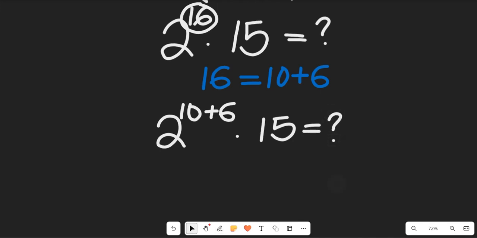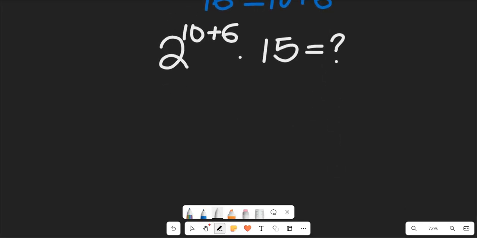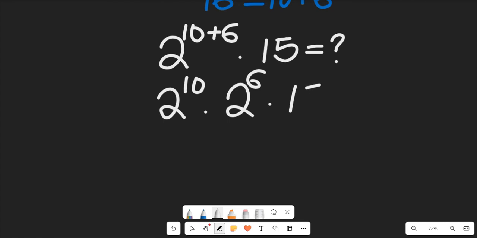The whole step is not to even involve calculator. So this will give us 2 to the power of 10 multiplying 2 to the power of 6, right? And this will be multiplying 15. All this will give us what? If I simplify this, 2 to the power of 10, if I multiply 2 times 2 times 2 times 2, that will give me